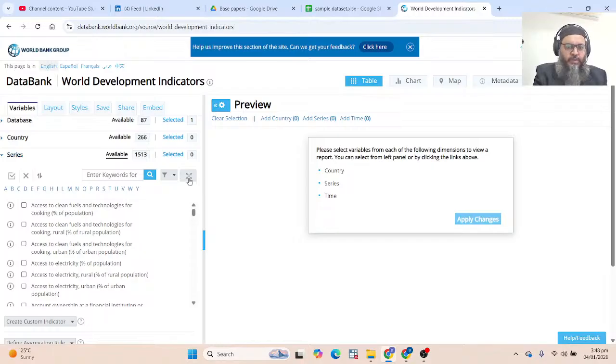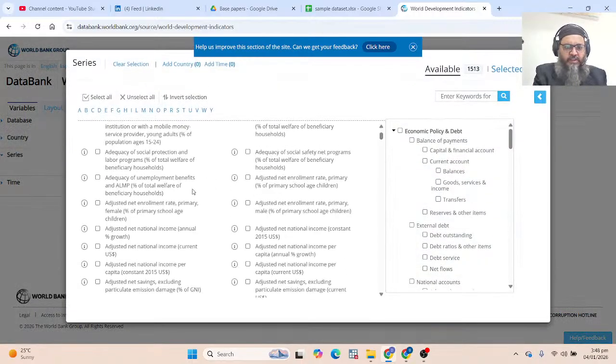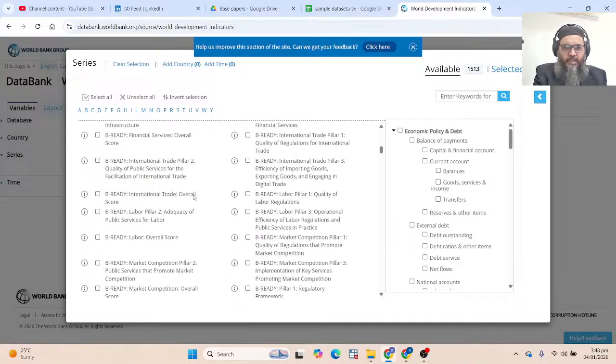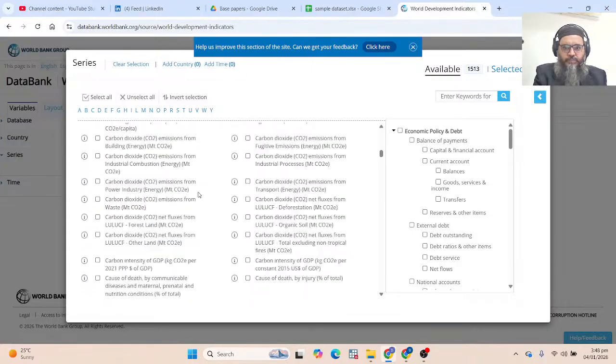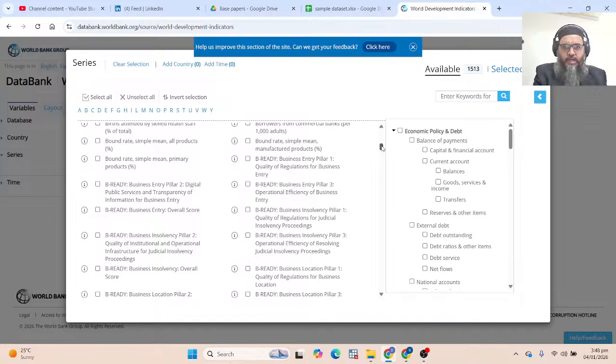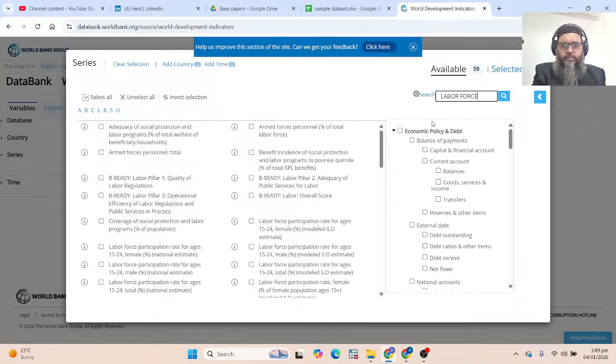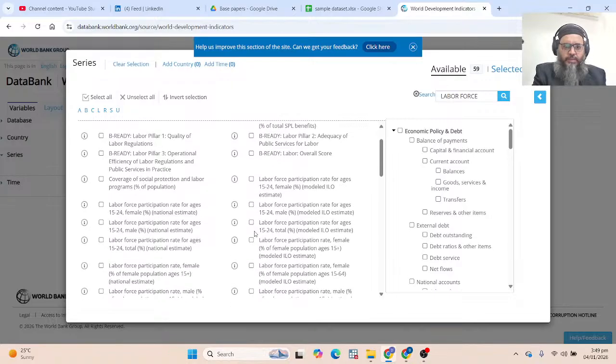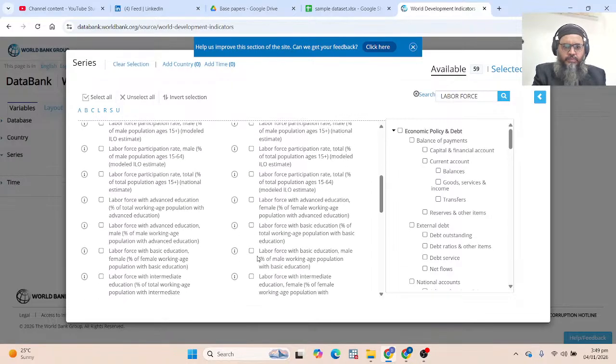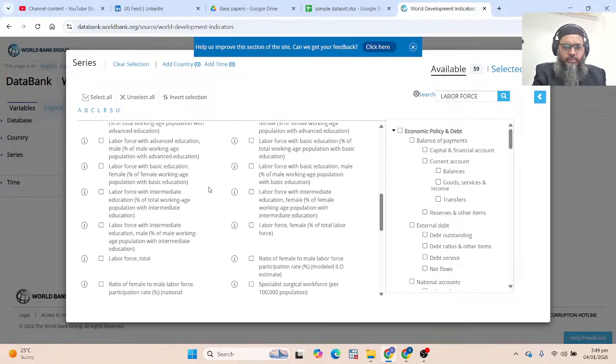In your free time, you can explore different variables. These are the variables which are here. So right now I am looking for labor force. This is labor force, absolute, total labor force.